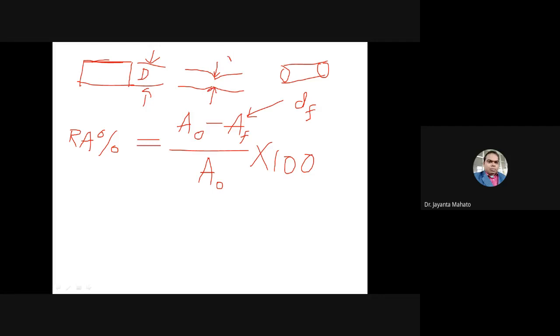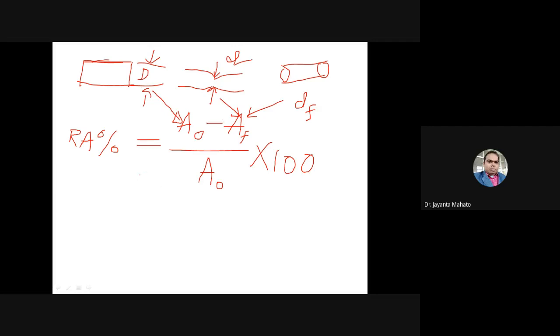So this is actually D. So the original area you can calculate from the initial diameter, and the final area can be calculated from the diameter after the fracture. Okay.